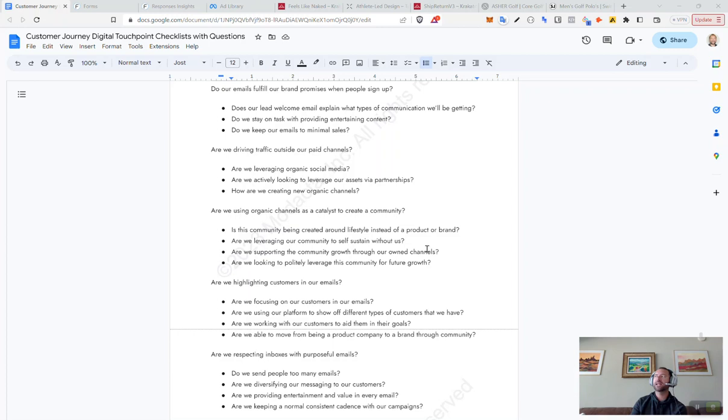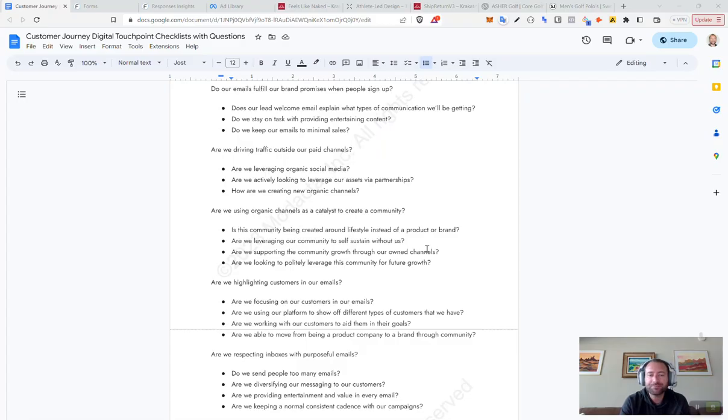Your emails should highlight customers and customer behavior. People want to hear about others like them. They really, really do. And those are the kind of experiences that you want to share with people so that you can better relate to them, get buy-in as to you as a brand, and build trustworthiness.